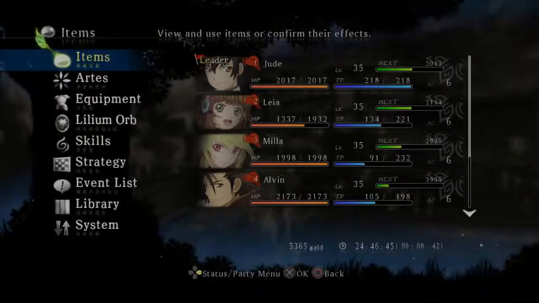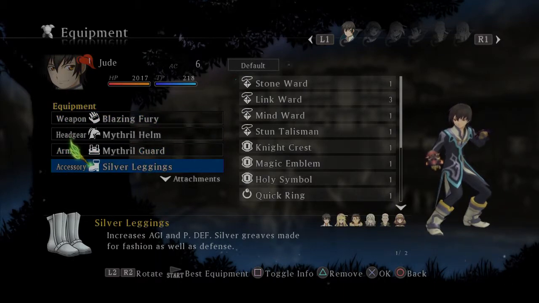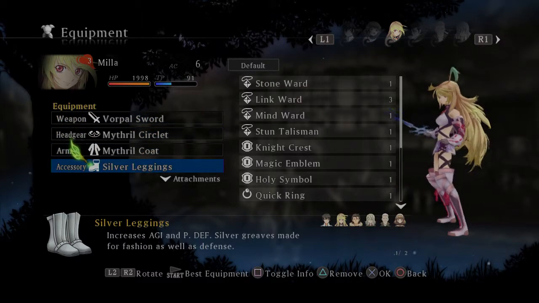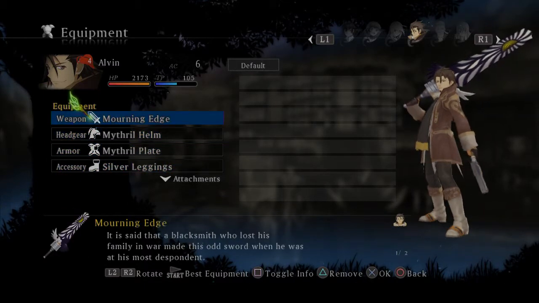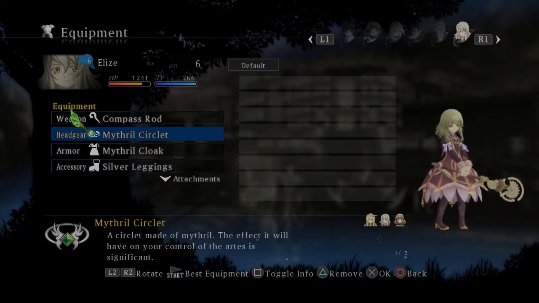But anyways, like I said before, since the last episode, I did get more equipment. As you guys can see, I've got mithril items on, I got silver leggings on, I've got a lot of good stuff on my characters right now, so that way we can increase our defense. I've leveled up the shop quite a bit since last episode, and not only that, I need to be prepared for this because this fight,